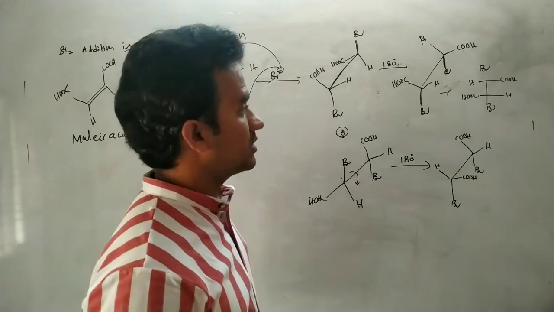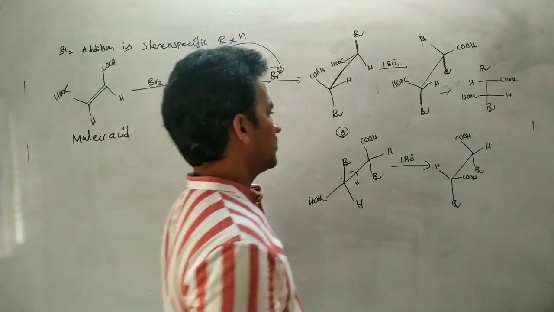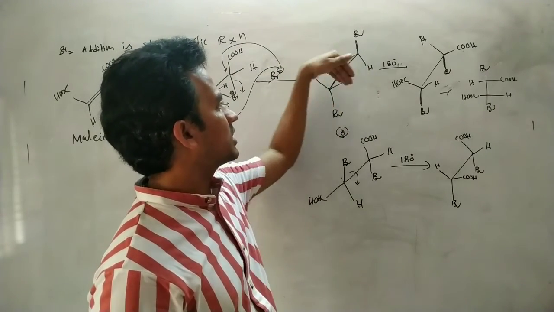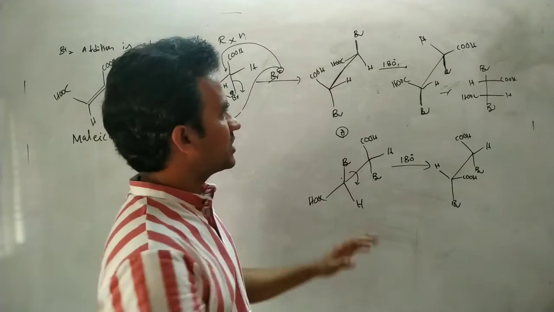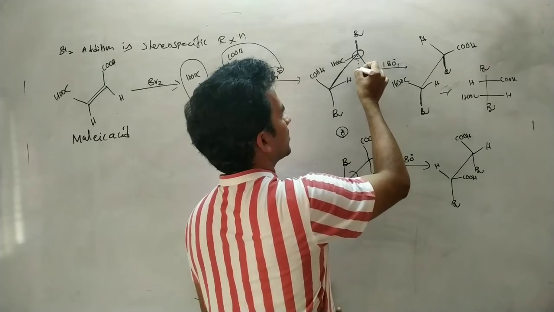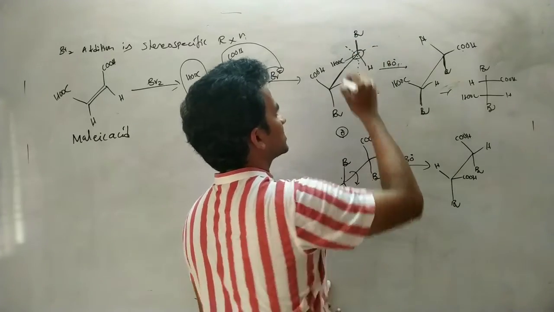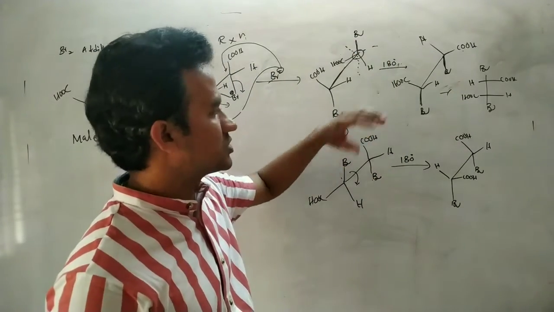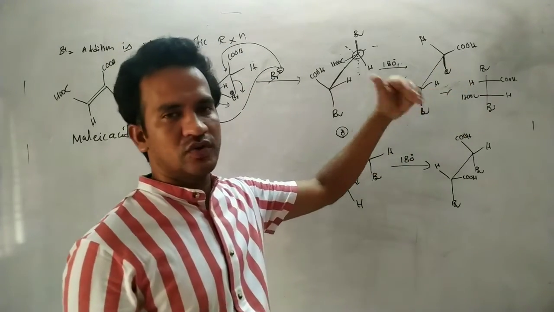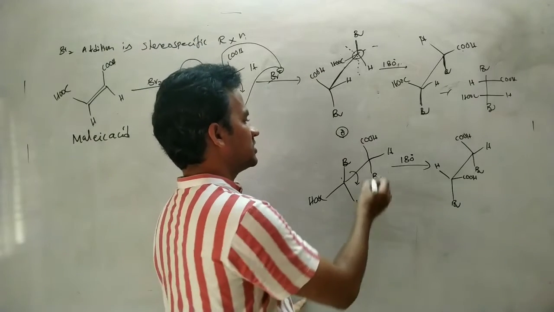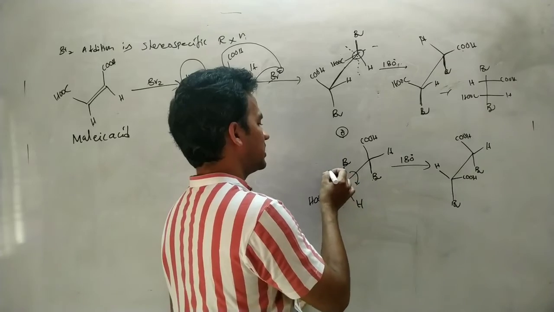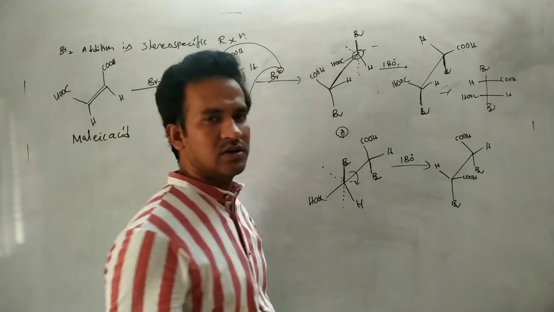That is an optically active isomer that has no plane of symmetry. Now for this one, one bromine is in the upward direction and one bromine is in the downward direction, so it needs some rotation. Rotating this carbon by 180 degrees, the groups change like this. Then we get the eclipsed conformation, and from this conformation we can directly convert into the Fischer projection. Next, this bromine is in the downward direction, so this bromine also must be in the downward direction. By rotating 180 degrees, we get this Sawhorse projection formula.